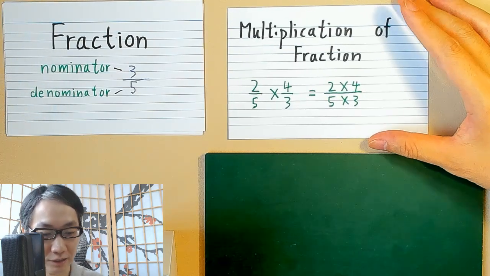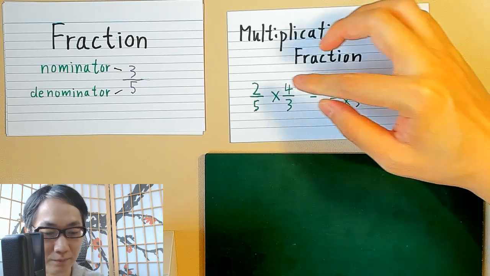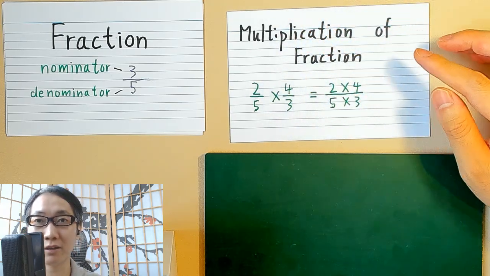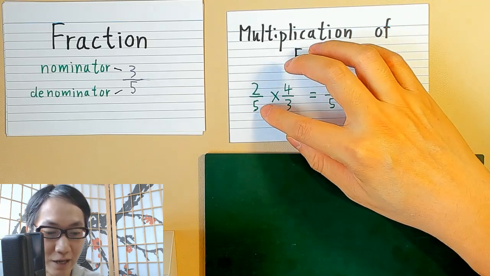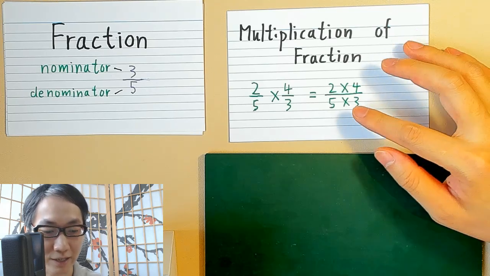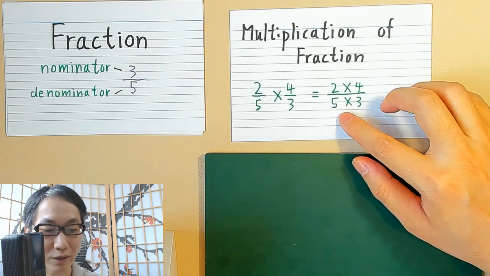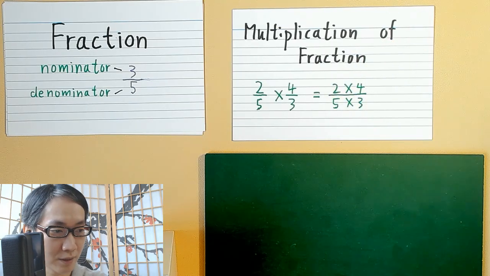So the rule is the numerator is multiplied by the numerator. So 2 and 4 are the numerators of both fractions, so they multiply together. And 5 and 3 are the denominators of both fractions, and they multiply together. So 5 times 3 on the denominator side and 2 times 4. And this will lead to,